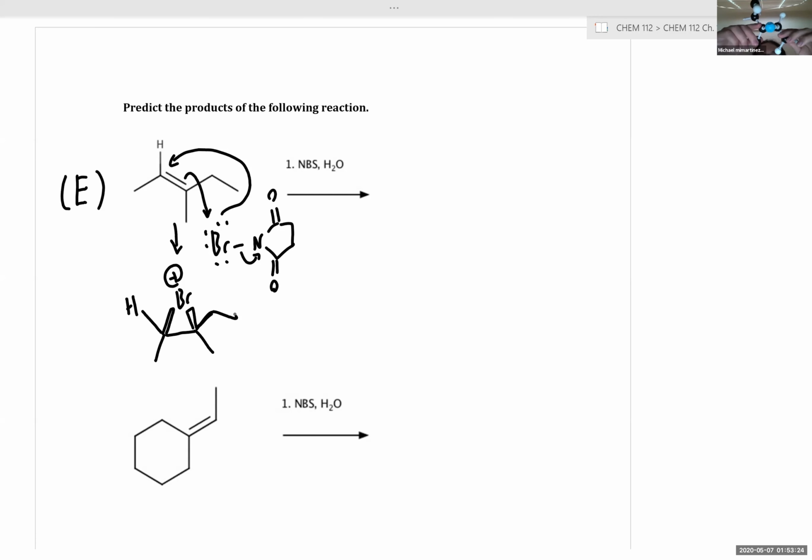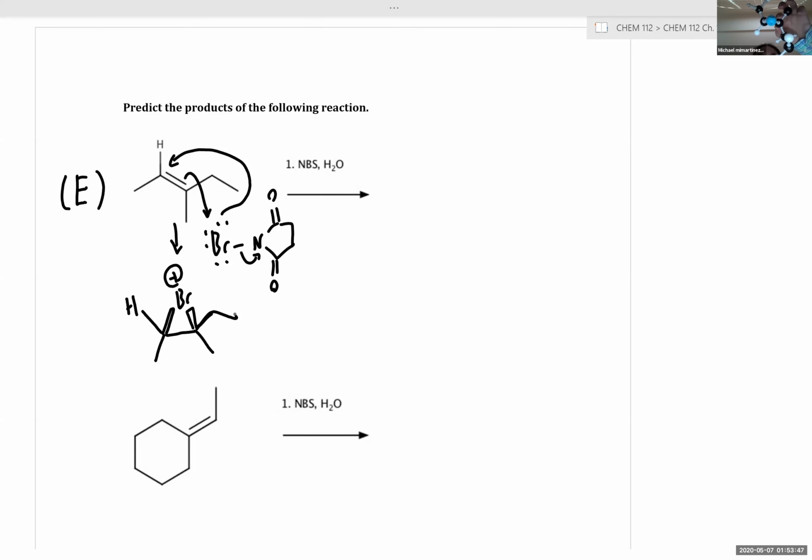And just be careful not to accidentally break your model kit when you're making these bromonium intermediates. Okay, so here we go. Here is our, whoops, let me rotate that around. Okay, so here is our